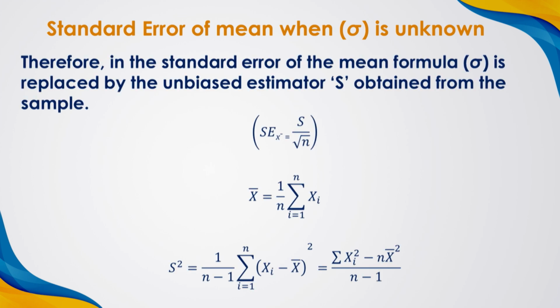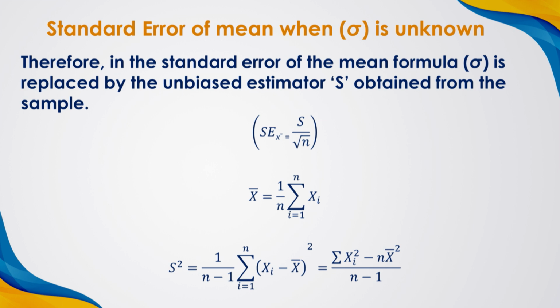Therefore, in the standard error of the mean formula, sigma is replaced by the unbiased estimator capital S obtained from the sample. Therefore, the formula is now modified as S by root n, that is, standard error of x equals S by root n, and x bar equals 1 by n sigma i equals 1 to n